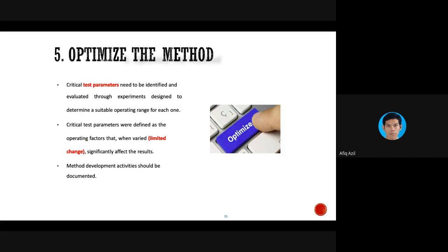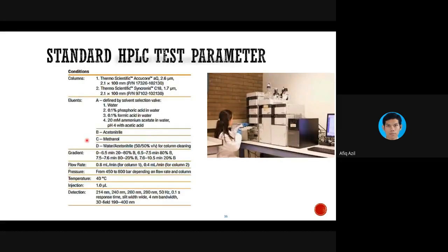So for example, this is the HPLC, standard HPLC test parameters. This is the high performance liquid chromatography. There are several stackings of instruments over here. Normally in our lab we have two, only this one and this one. Here there could be another set of detector, for example. This is where the solvent is placed.